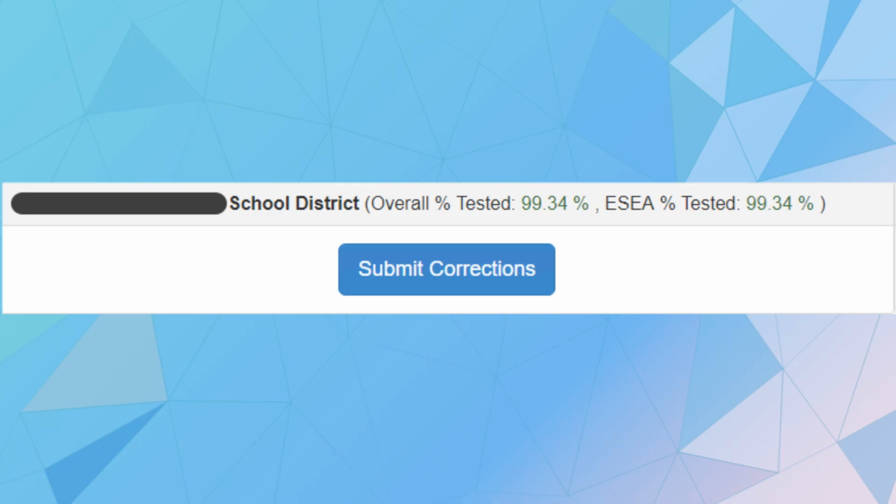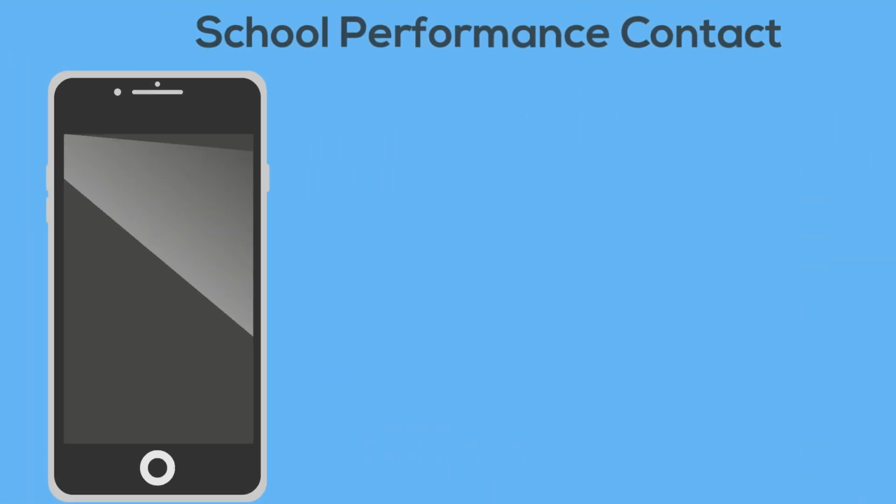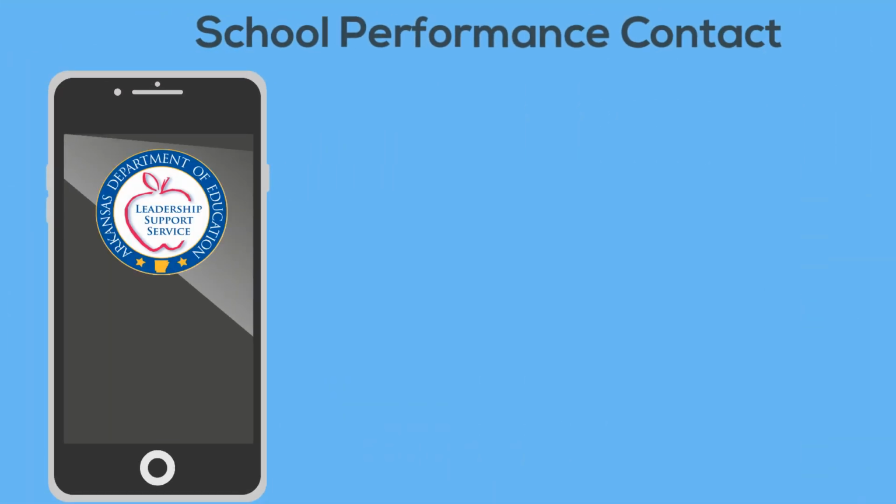Once all documents to support requests for corrections have been uploaded, only the district superintendent may submit your corrections to ADE for review. To do so, return to the ACE home screen and select the Submit Corrections button. For your corrections to be fully submitted for review, the superintendent must enter their contact information and upload a signed certification form. If you have any questions, please contact the School Performance Unit by phone at